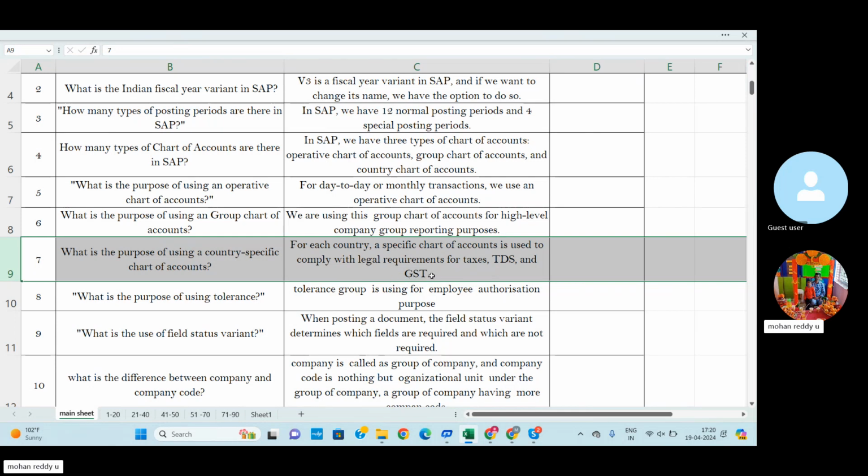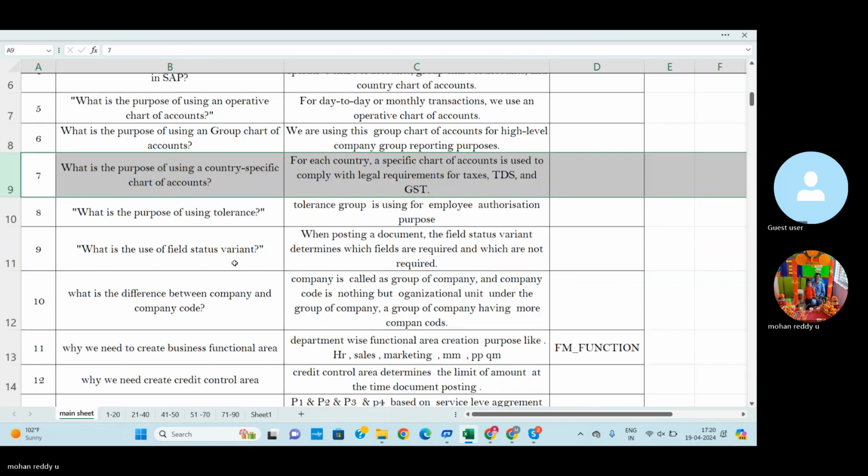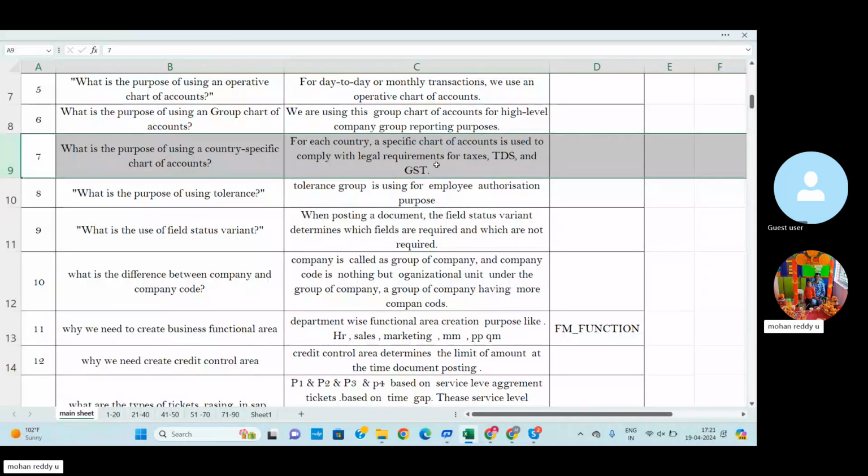Different countries can introduce different types of taxes and other legal taxation codes. Based on that, each and every company creates taxation calculations based on that country-specific chart of accounts.